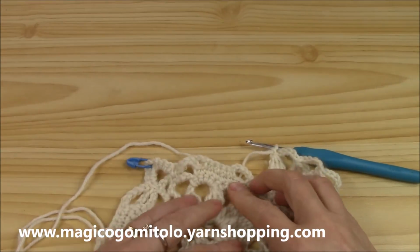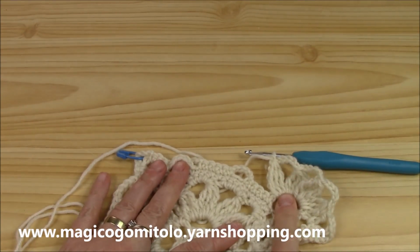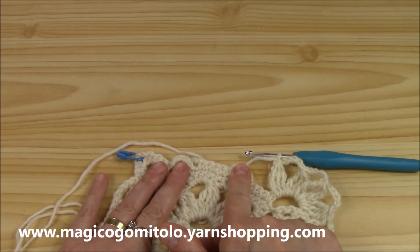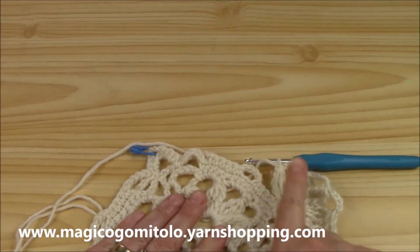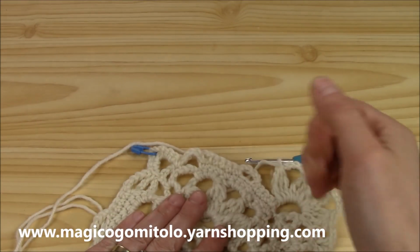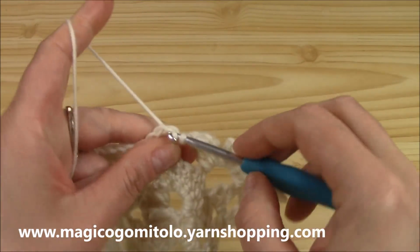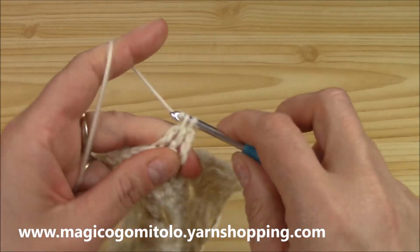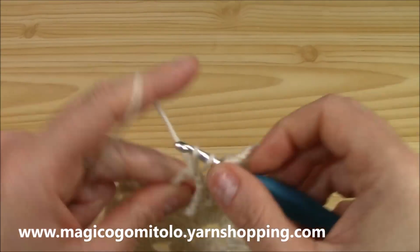From now on it will always be much more obvious, but for now we will work into the first chain 5 the petals or the fan. Then into the next chain 5 we single crochet, chain 5 and single crochet. Then into the next again a motif, and so on. So we alternate single crochet, chain 5, single crochet with the motif into each chain 5 space. So here we will just single crochet, chain 5 and single crochet, and into the next chain 5 we work again 4